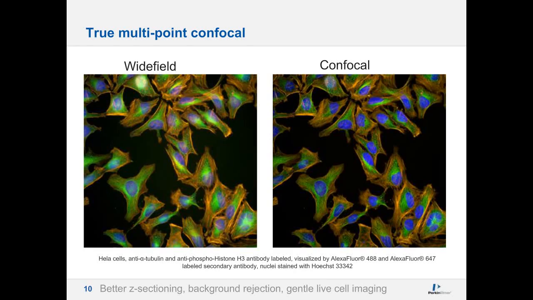We need a lot of light. We need a high excitation energy to also enable true multi-point confocal scanning. The benefit of confocal scanning is clearly to reduce background noise and background blurring. It also improves the resolution in X, Y, and Z, as you can see on these two images. The left-hand image is a wide field image acquired on Operetta CLS. The right-hand image is the confocal image that matches the sample. And if you look carefully, you can see the improved resolution both on the actin fibers and also on the antibody stain here.